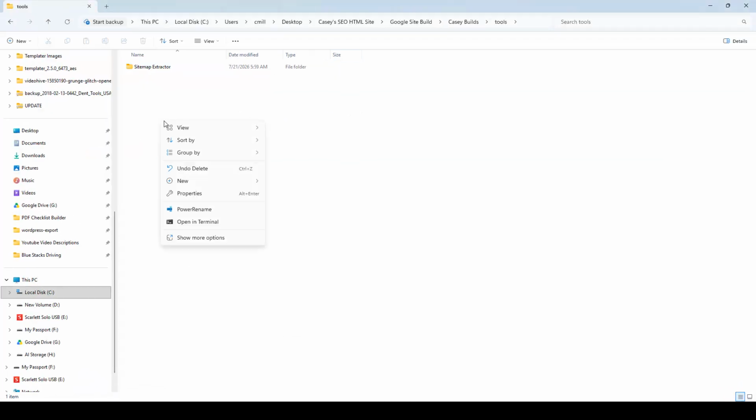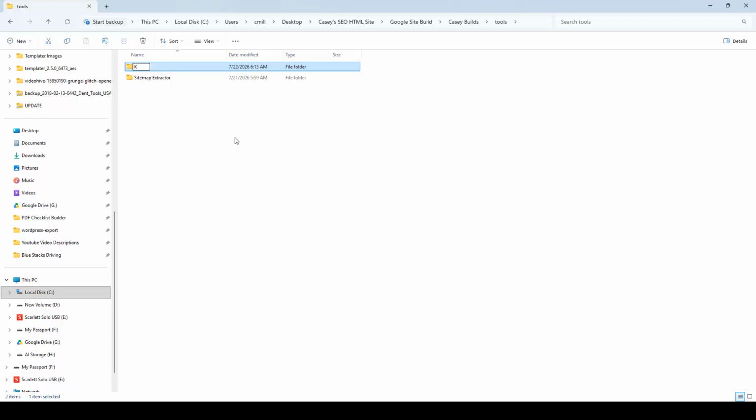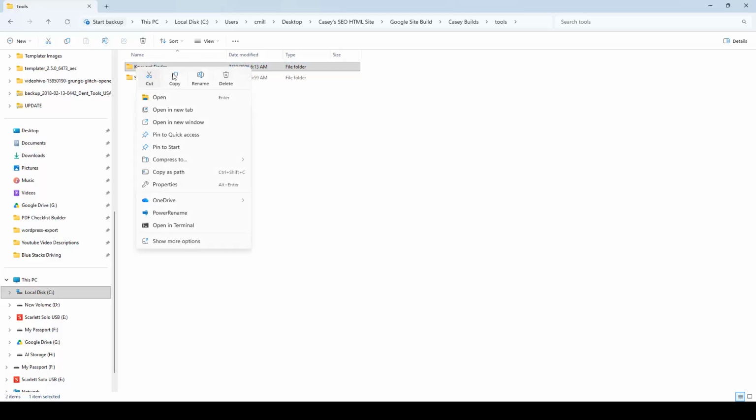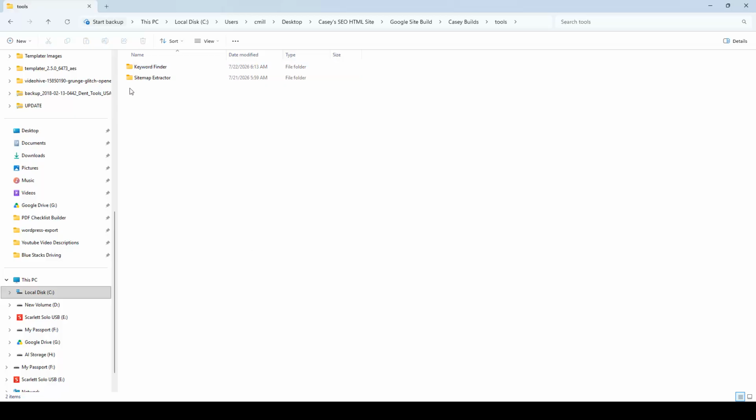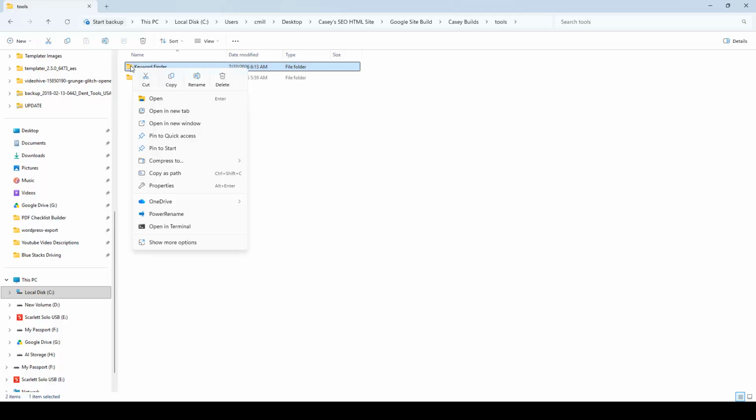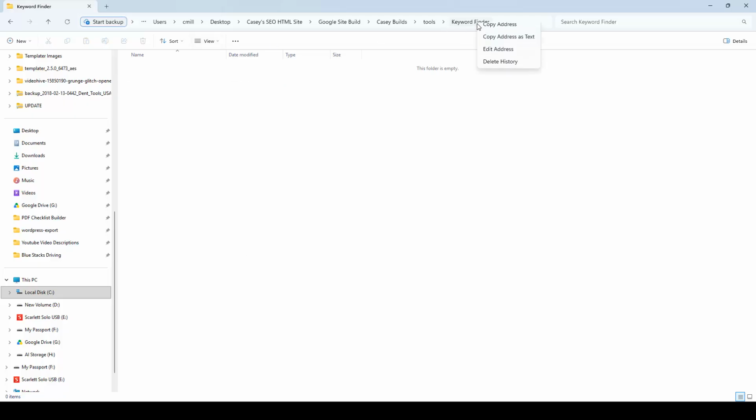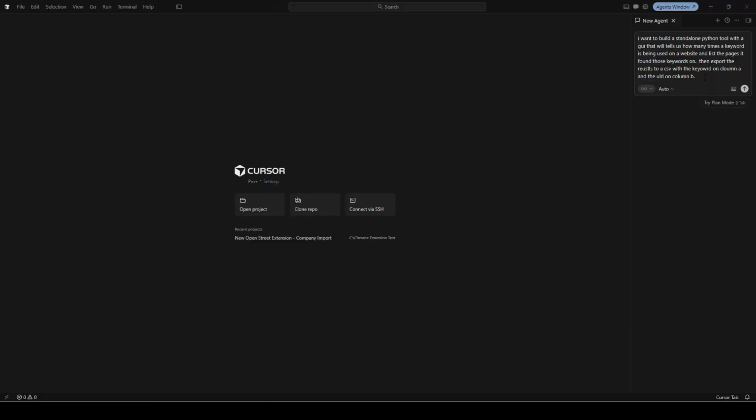So we're going to come over here to my folder, and then we'll name it keyword extractor. Actually, we'll go keyword finder. And right there, I'm going to take that folder. We need to copy and paste the location, so we're just going to go copy address. Back to Cursor, we're going to put that in Cursor. We're going to say save tool in this